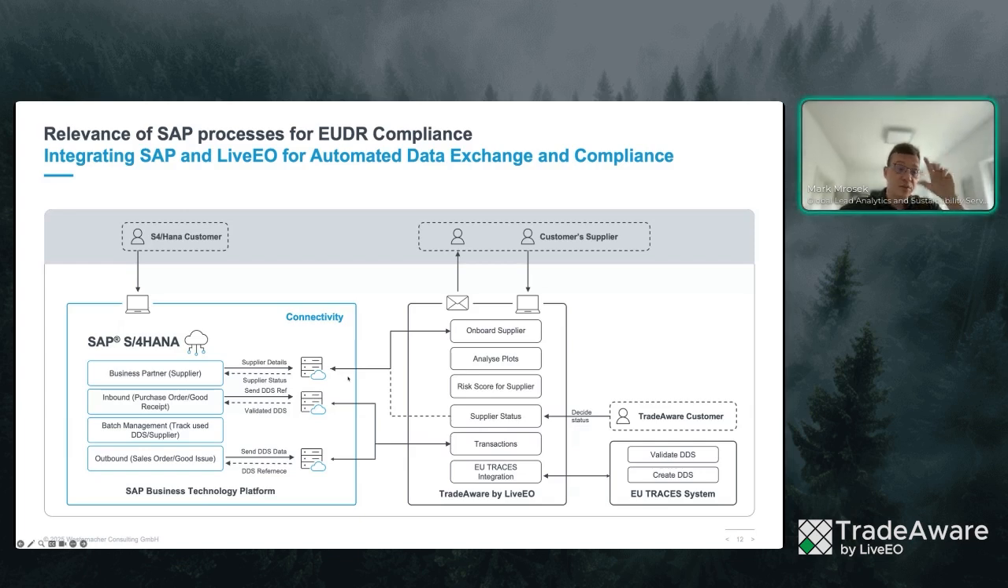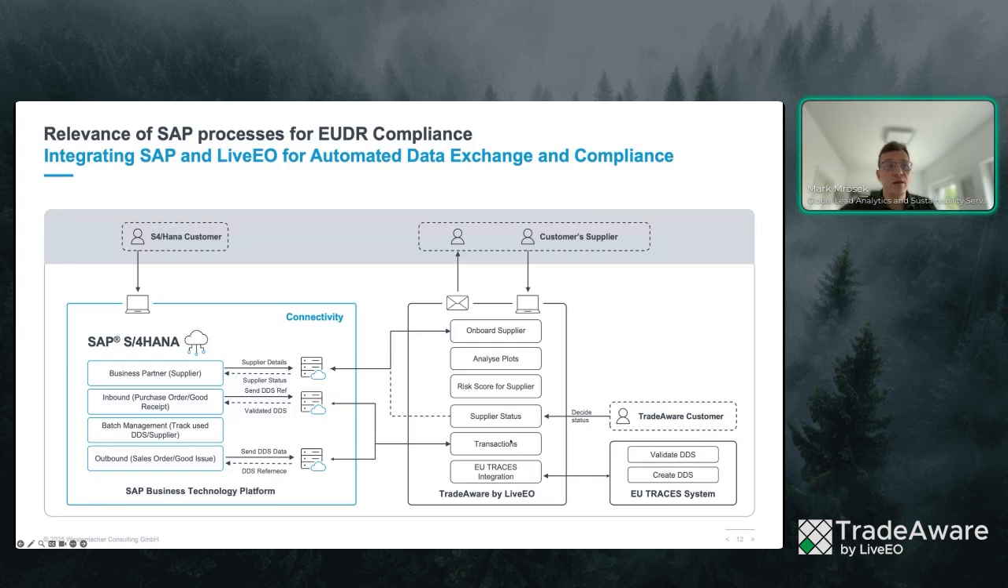This is the risk assessment part of Articles 10 and 11 of EUDR. Then we have Article 9, which is about the information requirements, and that is where your inbound process, so the purchase order and the goods received, come into place, and then of course also your outbound transactions, so sales order, goods issue. Again, this will also be shared with TraceAware by LiveEO,